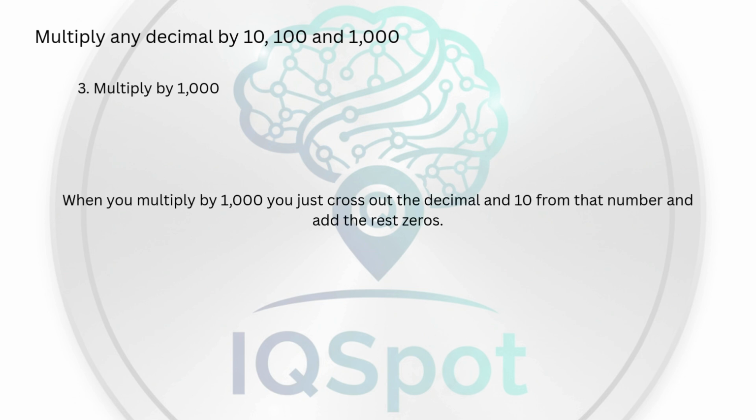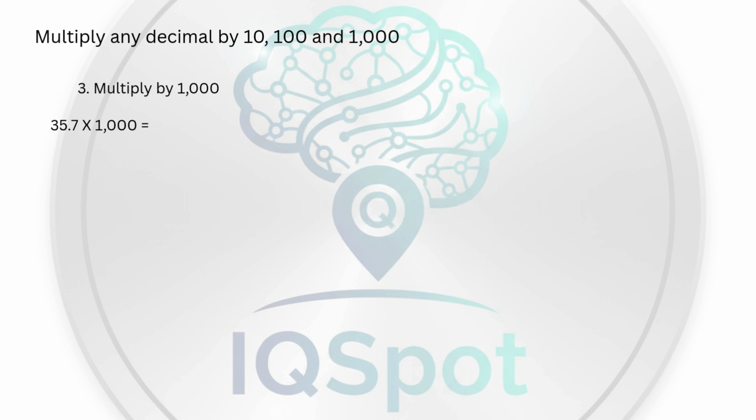When you multiply by 1000, you just cross out the decimal and 10 from that number and add the zeros. 35.7 multiplied by 1000. You are just going to cross out the 10 and decimal and add the zeros. 35700 is the final answer. And for another example,